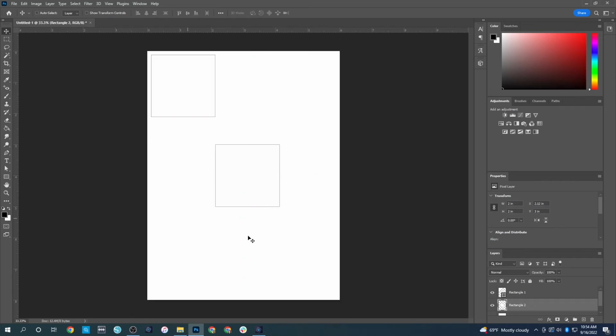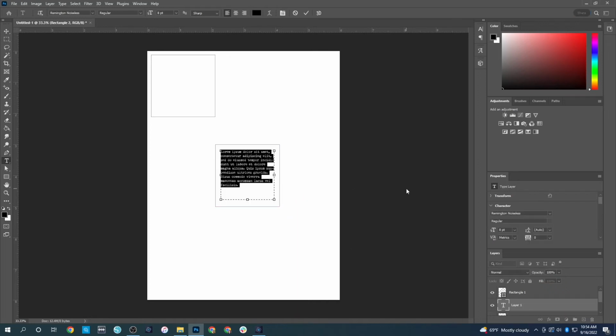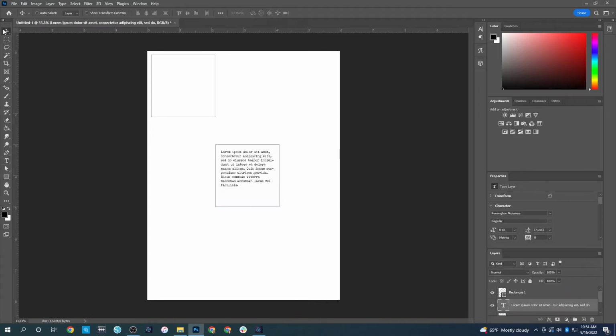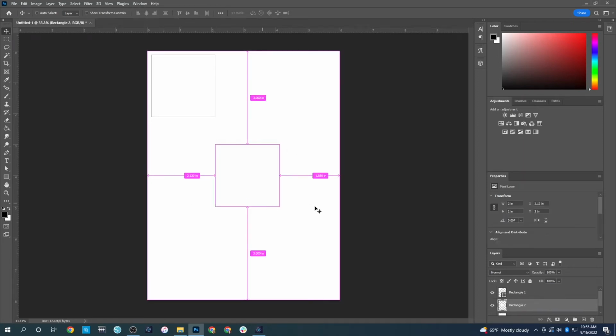So I like to create templates where I might add the shape onto a piece of paper. I could potentially put my text in the box and then print this out on regular copy paper. Then I can take my physical 2x2 square, tape it into this exact same spot,